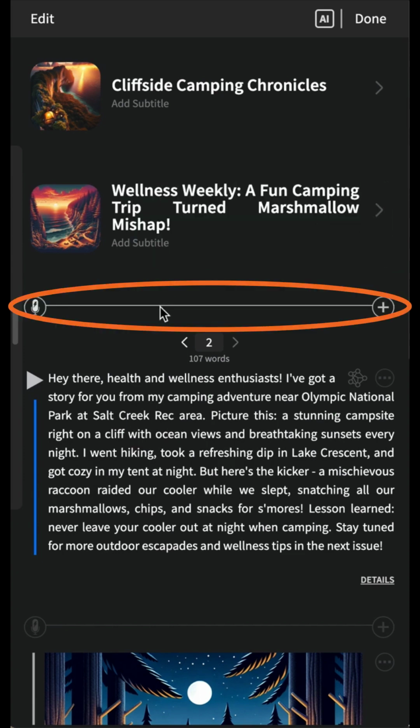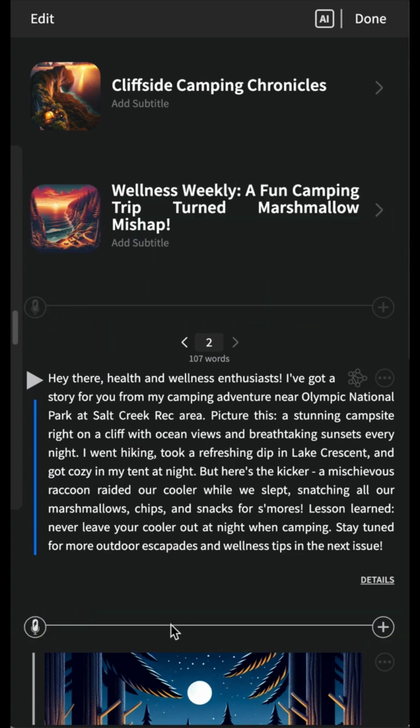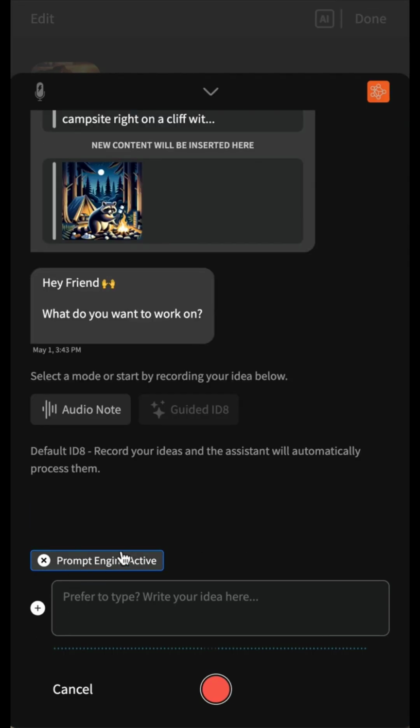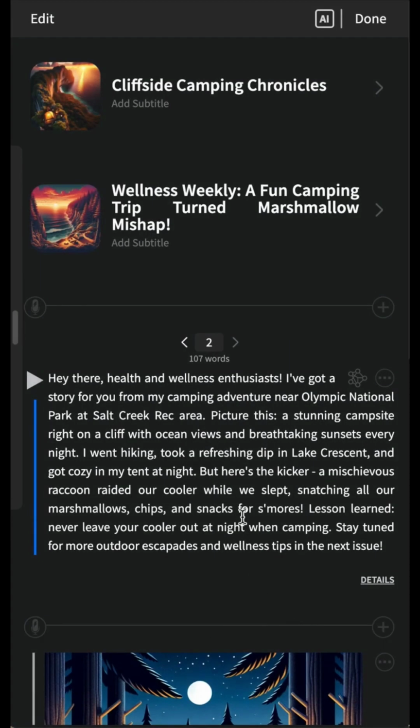Between each piece of content, you'll see I have these add bars. On the left-hand side of each bar is the ID8 icon. So if I click that, it's going to open an ID8 Chat, and it's going to input whatever I create there between these two pieces of content. So I'll go ahead and click that there, and you'll see that it is ready for me to record my idea. And then once I save that, it's going to drop it right here between this text piece and this